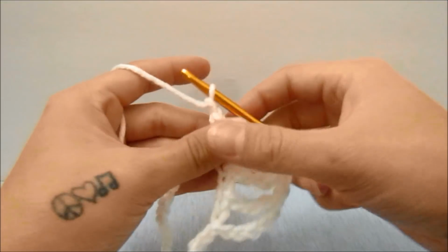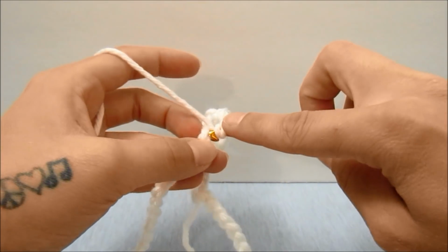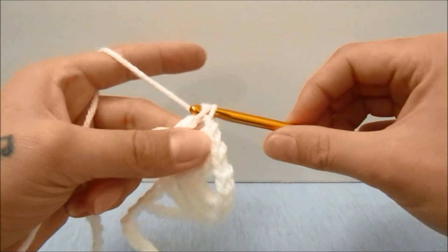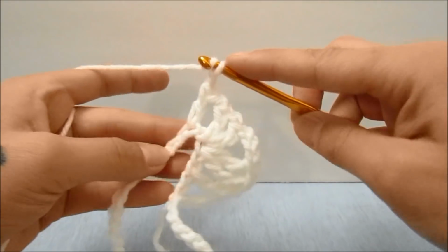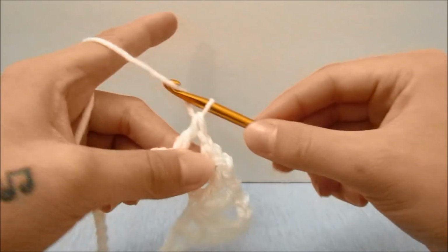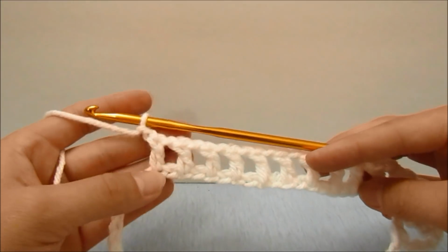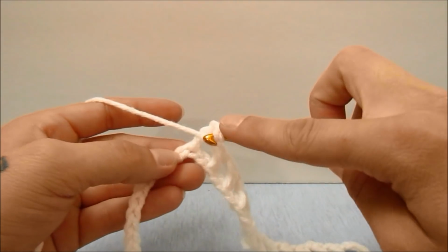We will then chain 1, skip a stitch, and double crochet into the next stitch. And we will repeat this 9 times by chaining 1, skipping a stitch, and double crocheting into the next. And now repeat this 8 times. When you have repeated that 9 times, we will then go on to chain 1 and work a double crochet